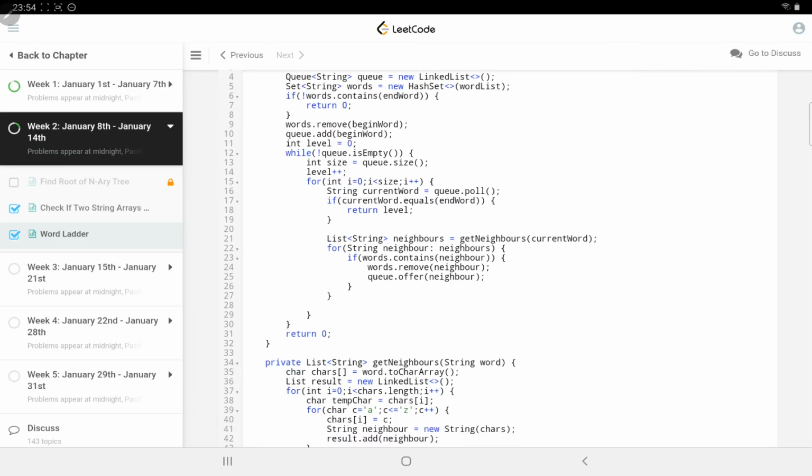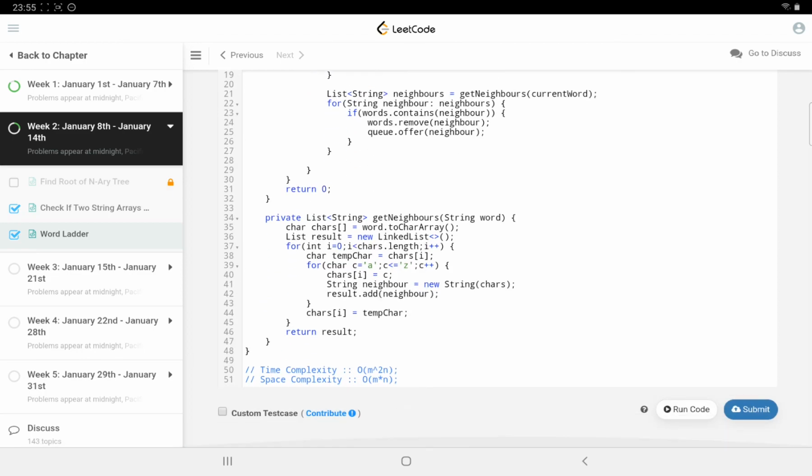Hope you understand the problem and the solution now. So we are generating combinations, and then validating those words. If I see that any word is valid after changing a particular letter, we are going to offer the same to our queue and remove it from the dictionary. Then again we will pull and check whether it is the end word or not. Using this approach, we are solving it.